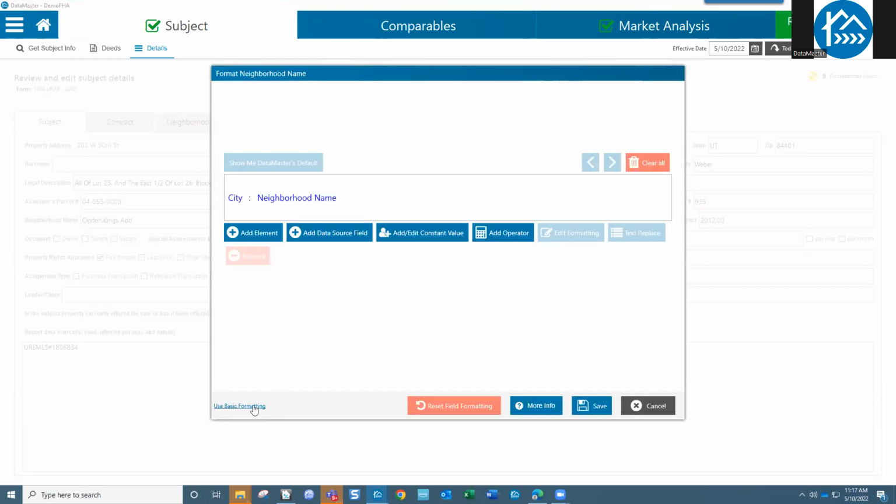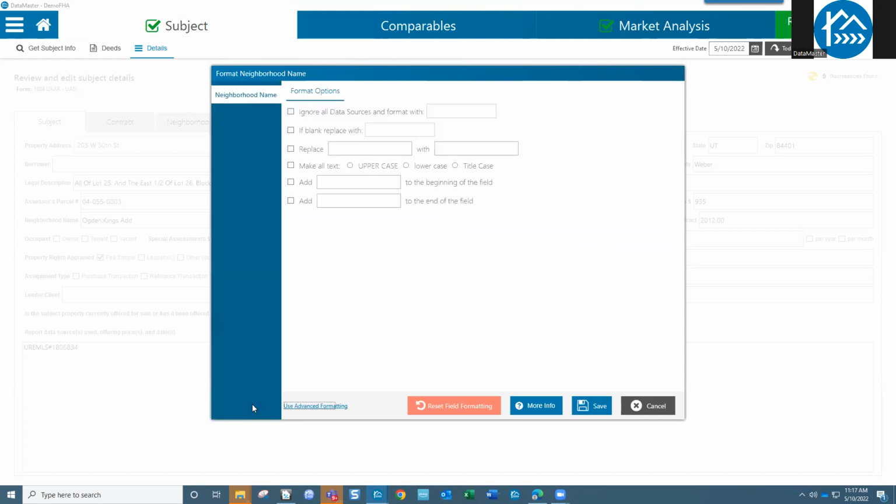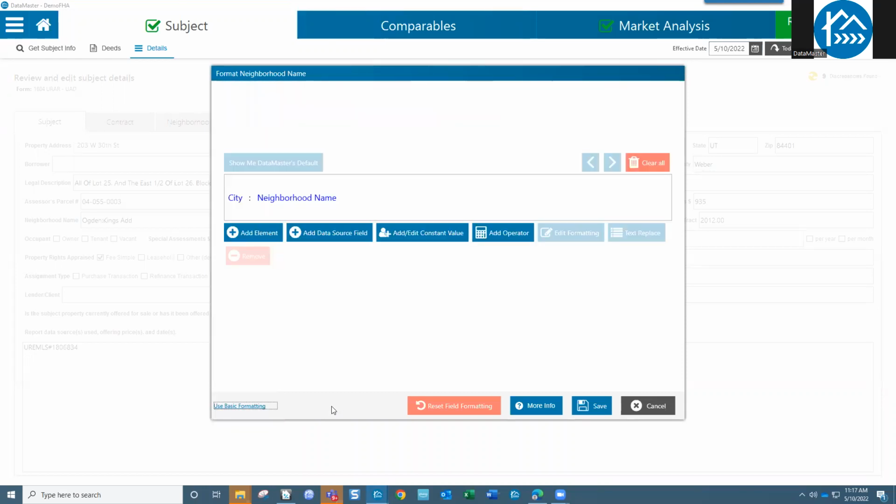We have some basic formatting that looks like this, that is the default DataMaster basic formatting. But to do some advanced formatting in any of the fields, I would go to the bottom and there's a hyperlink in the word that says use advanced formatting. I'm going to click on that, and this